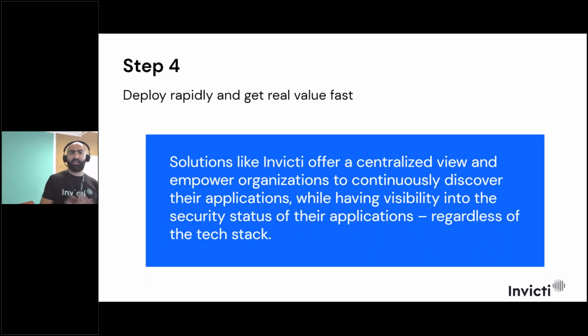Deploy rapidly and get real value fast. So this is one of the main winning points of having a DAST solution: how easy and how fast you can implement it.